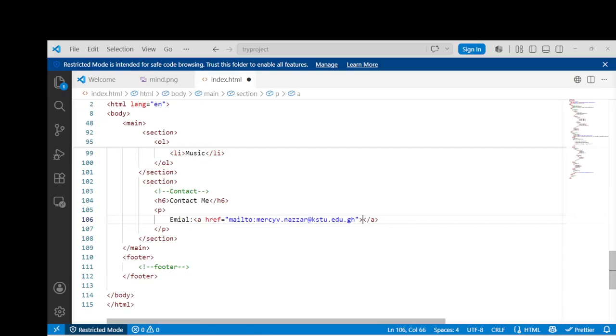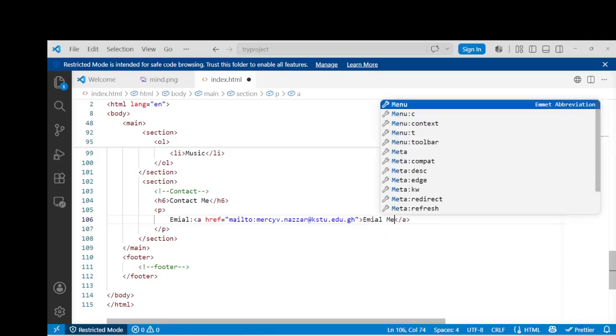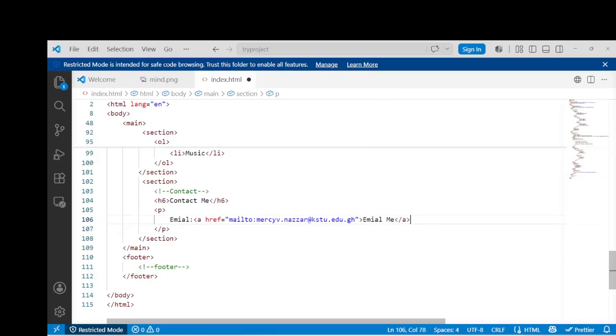So you copy the email. Maybe click to email me or mail me. You can put in and say email me. All right. And then the last aspect, the last paragraph, is the GitHub account. So we can have a last paragraph with our GitHub in there. So GitHub, our GitHub